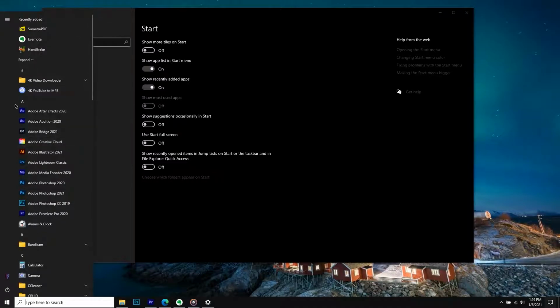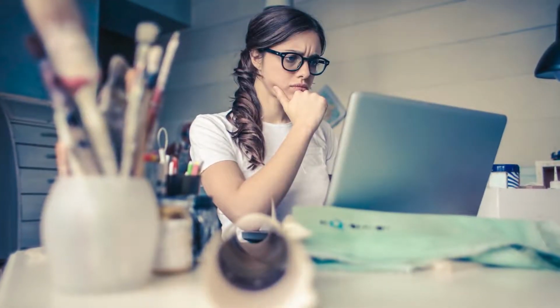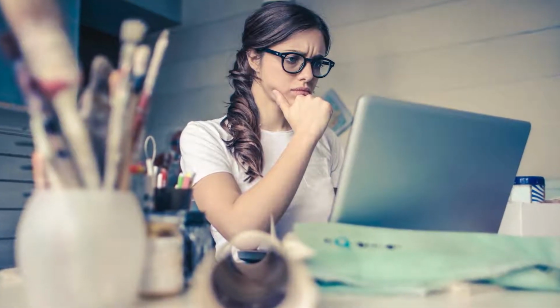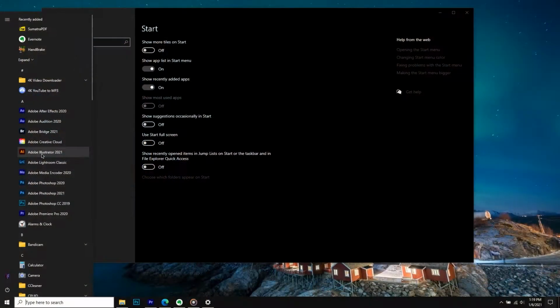Now the first thing you have to think about is which applications, apps or games you are using, and in which genre they come. For example, in this case, I am using the Adobe Creative Cloud apps. I use most of them for my editing workflow, like Photoshop editing and video editing. These are the most popular apps, like the Adobe apps.